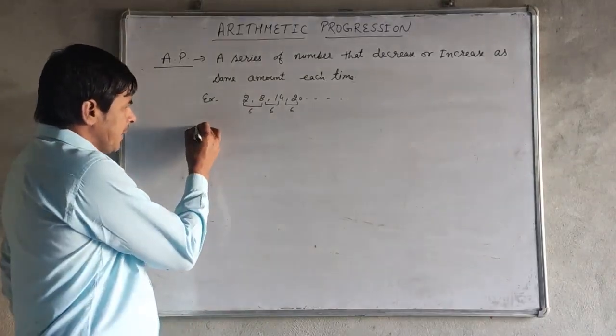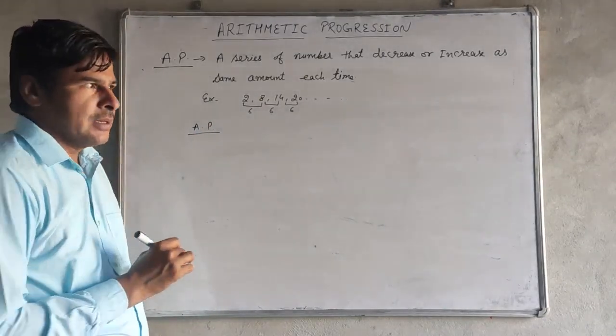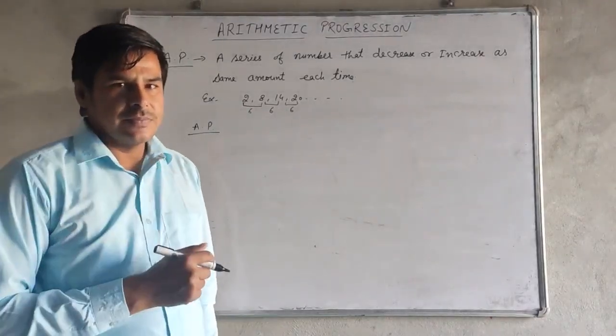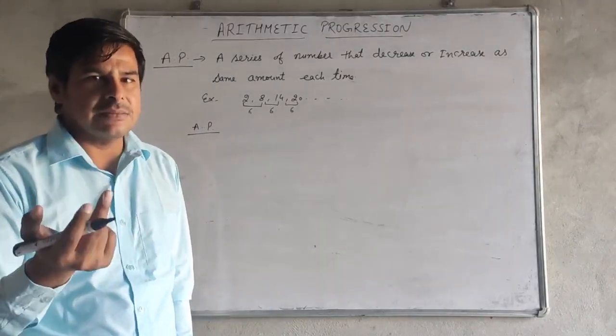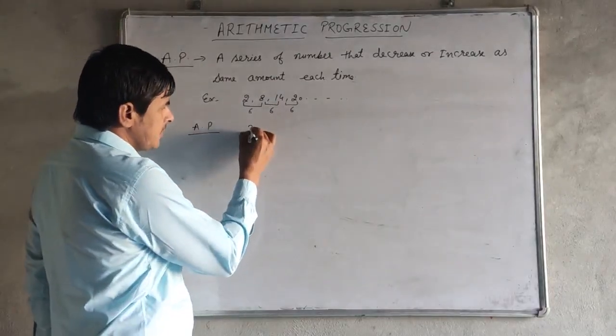After the AP, we have to find the next part. When an AP is given, we have to find the first term, the next term, and then find the nth term. So if the AP is given as 3,